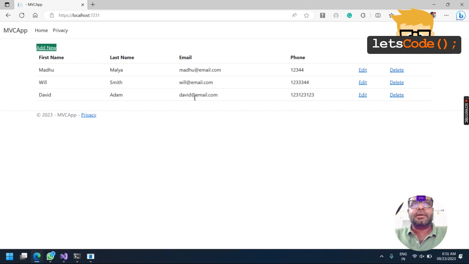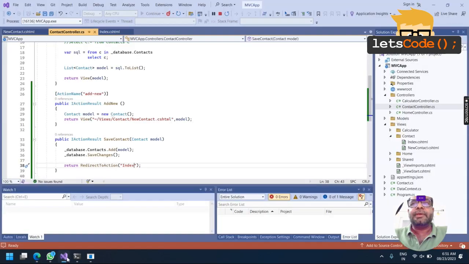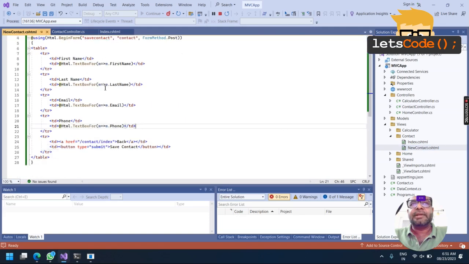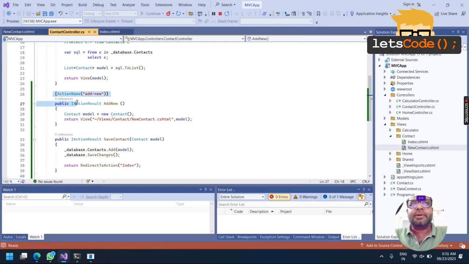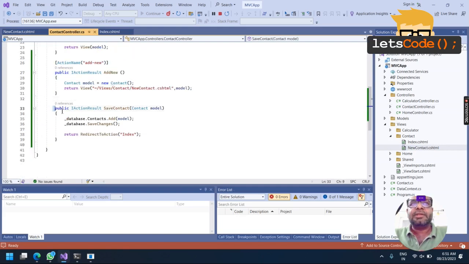So I hope you are able to understand how to perform the insert or create operation. The very first thing, we created a link and a user interface that is capable of returning the input view. In order to render the view we needed an action method, and when the save button is hit, we need a corresponding action method.